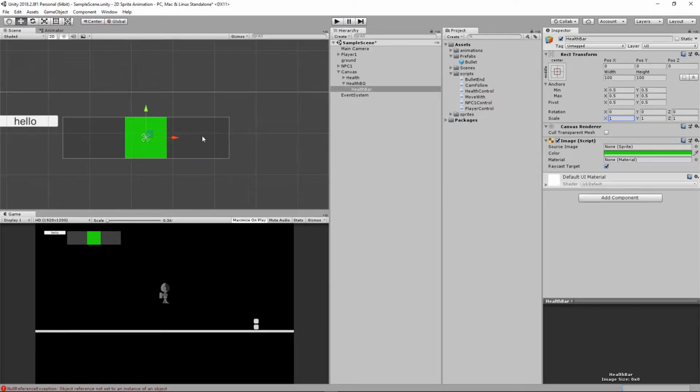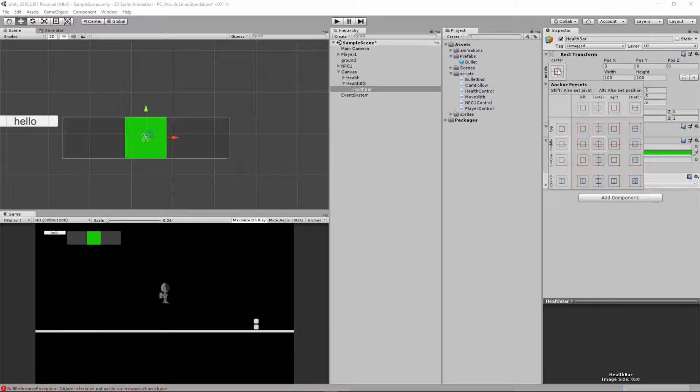And what we want is actually the green to remain on the left hand side and just move from the top down this way. There's no reason for it to do that, except it follows a convention. So in order to do that, I'm going to go here, with my health bar selected,